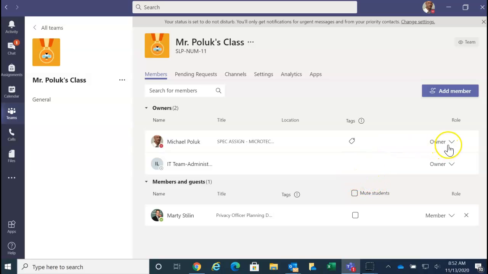So you would simply come over here, click the arrow beside owner. You have to adjust that teacher from an owner to a member, and once you do that, that will bump the teacher's name down below, and then you will have the option to click the X, which will remove that teacher from your team. So getting back here to another option, so once you are in your More Options setting within your team,